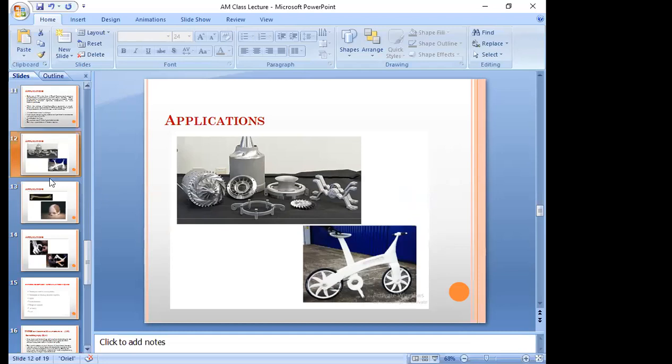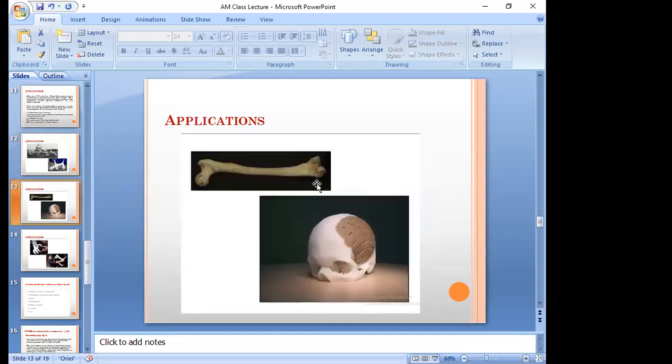Some of the applications, if you see, are biomedical applications. Nowadays additive manufacturing is used frequently, and every part of the human body can be developed using it.